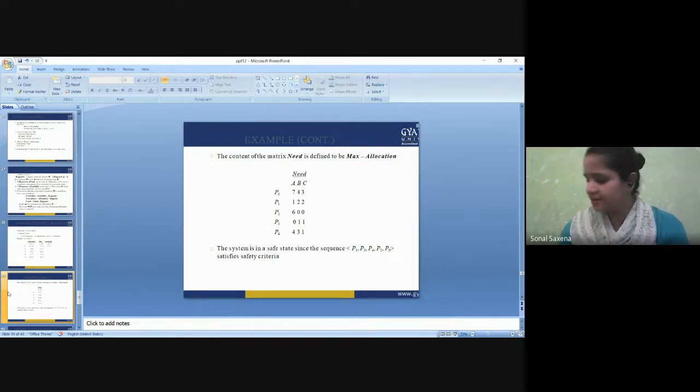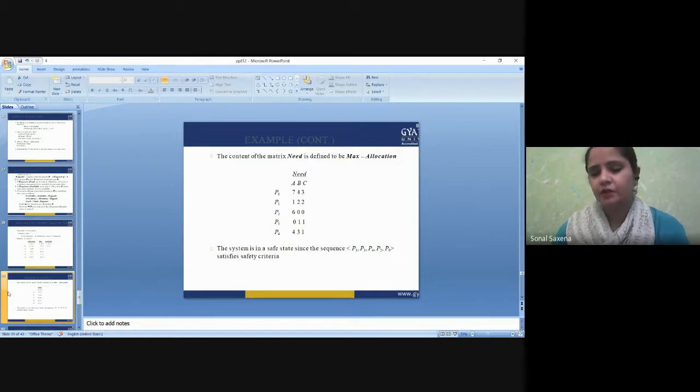Like what happens here is, as you can see, the process P1 has first of all got all the resources which it has needed. Now, once it has completed its execution, it is going to release all the resources which it is holding. So once the resources are released, now the system has allocated the required number of resources to P3 process to get fully executed. Once P3 process gets fully executed, it will again release all the held resources.